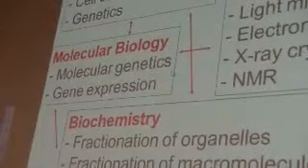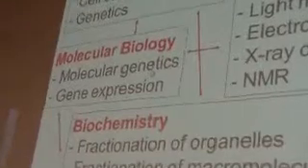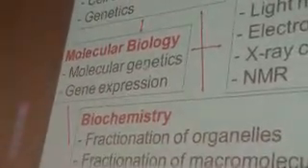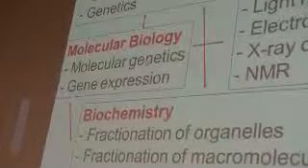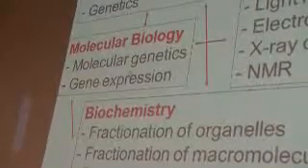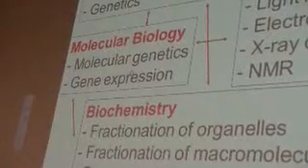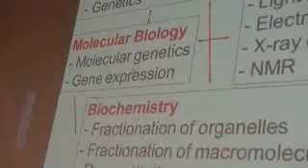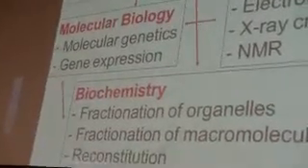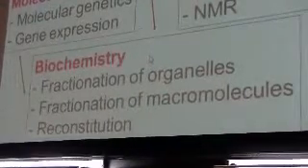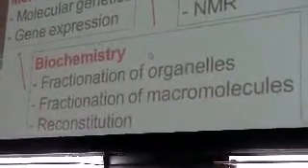So we need to look at how proteins are formed and what gene structures need in order to form those proteins. That's molecular genetics. And we need to think a lot about where and when we need our proteins to be formed and how that's regulated. That's the study of gene expression. We'll touch on that. And then finally, we need to understand the smaller components of the cell, so the proteins,